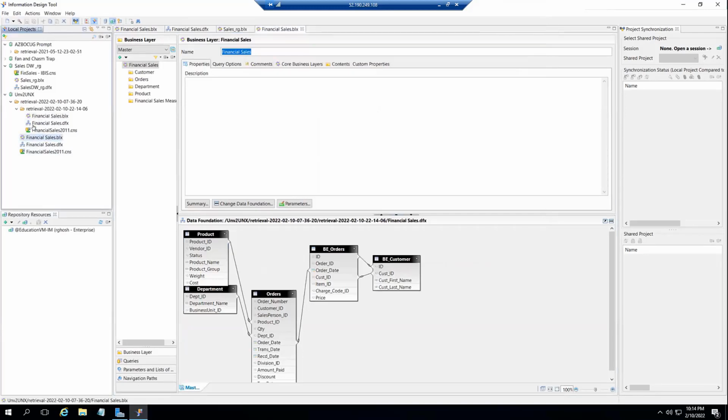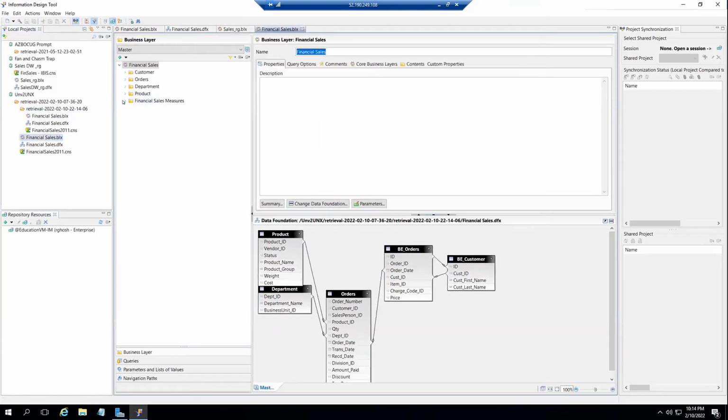And now I have a new universe in the .unx format. Once you check all, everything has converted fine, you can start using it right away. Or you can check for better designs and use the new options like I said. Another name: hierarchy is now called navigation path. There are some changes in the terminology, which you will get familiarized with if you go through a guide or any training. Okay.